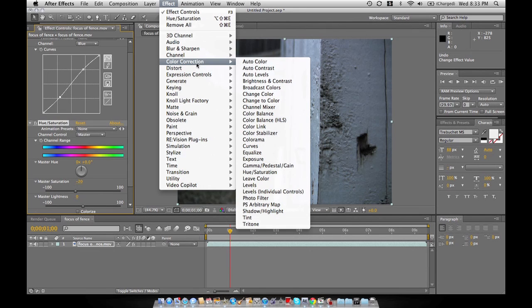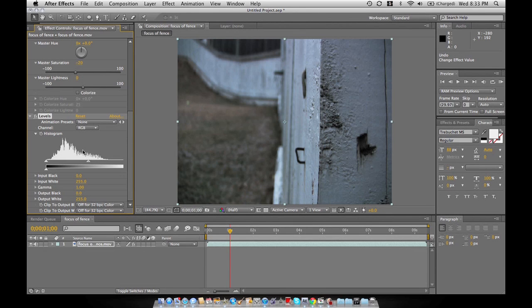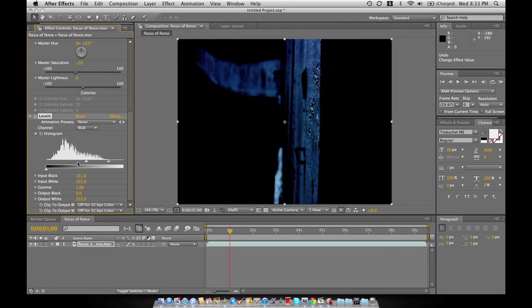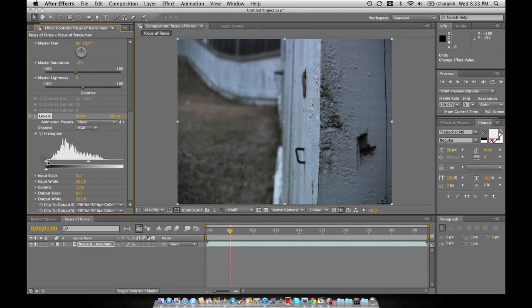Now, I'm going to go back in, I'm going to go to color correction, and I'm going to go down to levels. Now levels is basically the blacks and whites. I'm not terribly comfortable with it. I haven't used it that much. However, if you move this over to the right more, as you can see, it makes it more dark. So I'm just going to move it over a tiny bit,